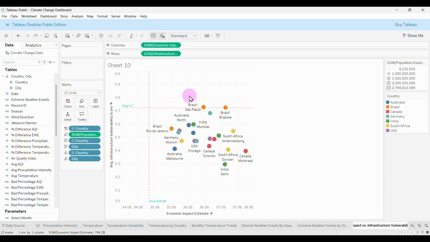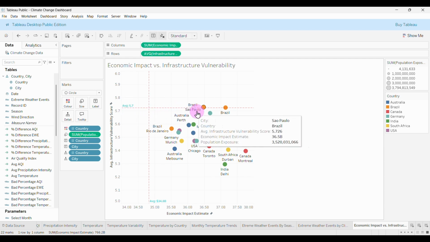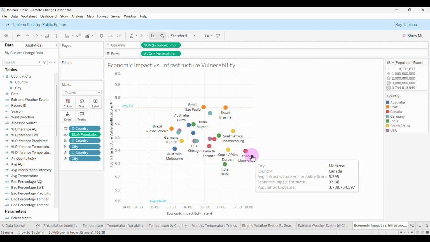So from my observation, what I can say is that Montreal, Canada stands out with the highest economic impact, which is $37.8 billion. Wow. And 154 extreme weather events. So you can see that despite having a moderate infrastructure vulnerability score, which is 5.4, some cities like Sao Paulo,